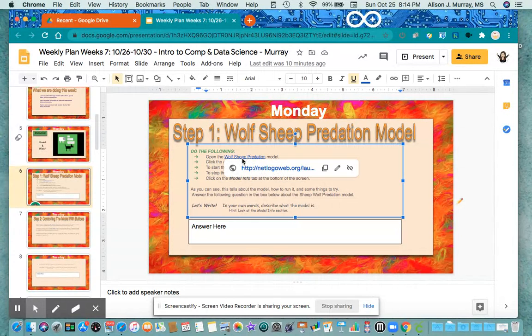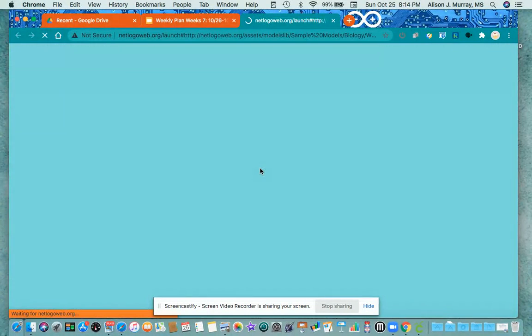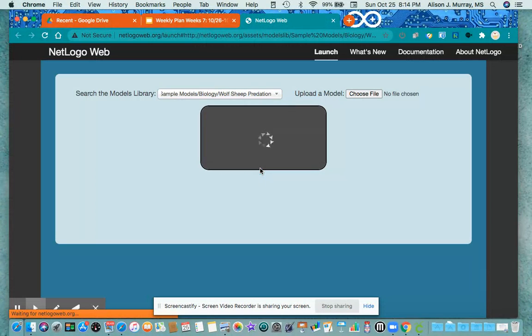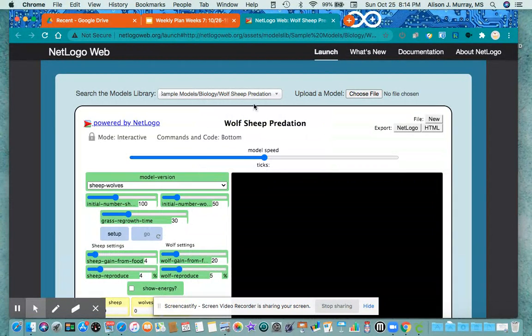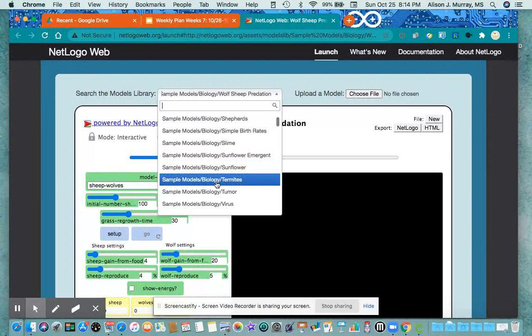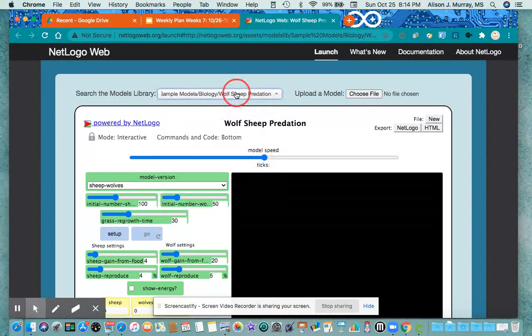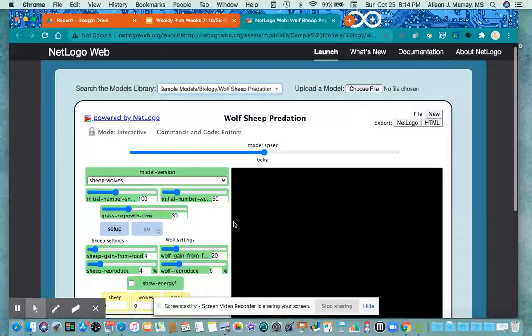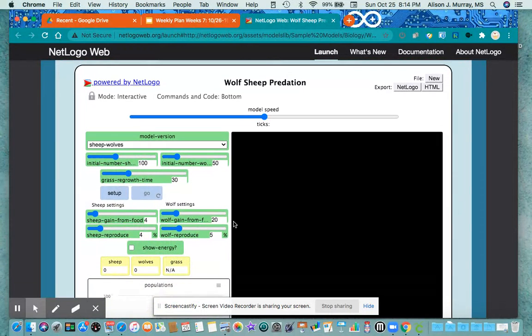And then you're going to click on the simulation program and then it says click setup, start with go, stop with go, click on model info at the bottom of the screen and write what the model's about. So I'm going to show you that real quick. Here we go to NetLogo, which is a simulation program. And if you actually look through there are a lot of different simulations, all kinds of things. So anyway, it said click the setup program,